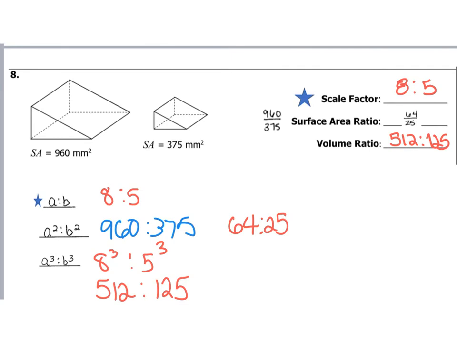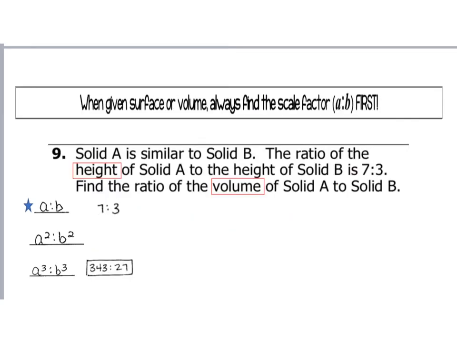Similar solids. All right, taking a look at this one. We talked about this already. We said that when you're given surface area or volume, always go back to your home base, which is your scale factor A to B. We always want to do that first. So let's read through this question. Solid A is similar to solid B. The ratio of the height. Okay, so they're giving us height. So height of A to height of B